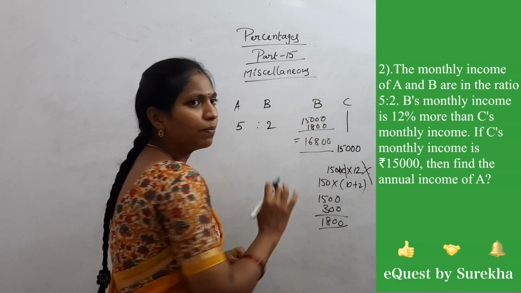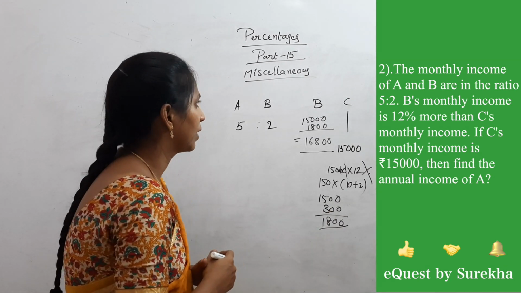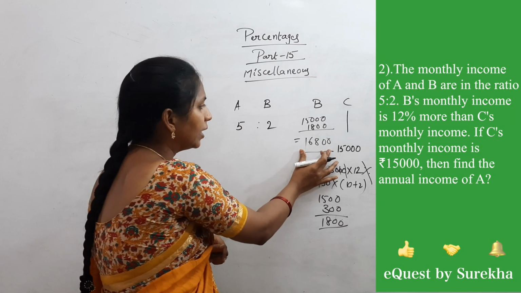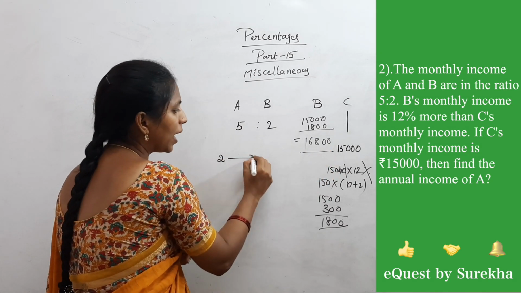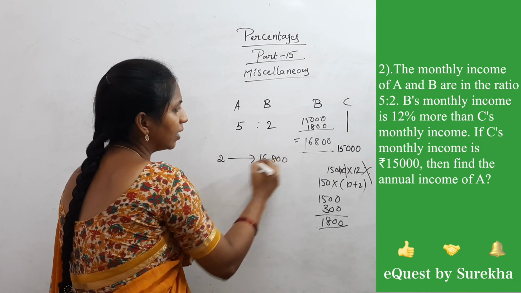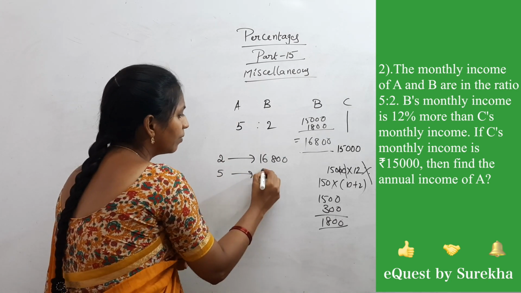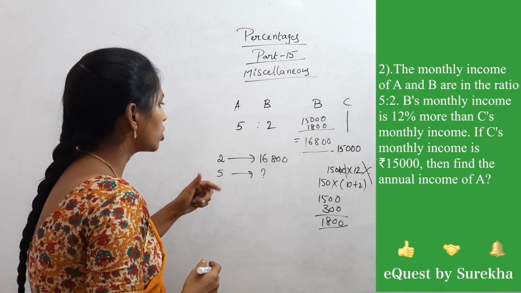16,800. This is B's monthly income. Two parts equal to 16,800. See here, two parts equal to 16,800. Then find out 5 parts. 5 parts equal to how much? Cross multiply